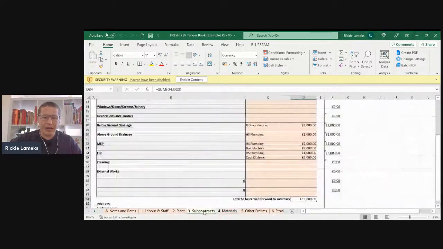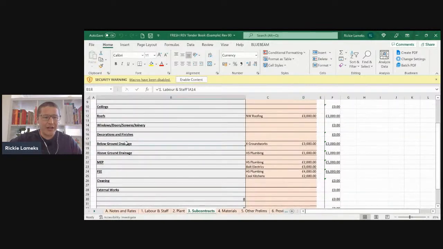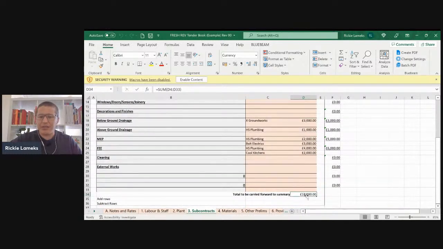In a similar fashion, I've done the same for subcontracts. So anywhere that I identified that I need subcontractor works, I've gone out to these companies who have given me actual quotes for the work. And again, I have an estimated spend on subcontracts of £18,000. So an estimated actual cost of £18,000.